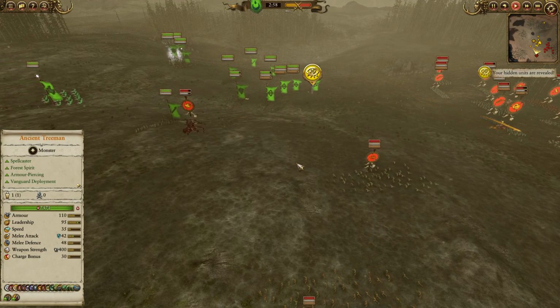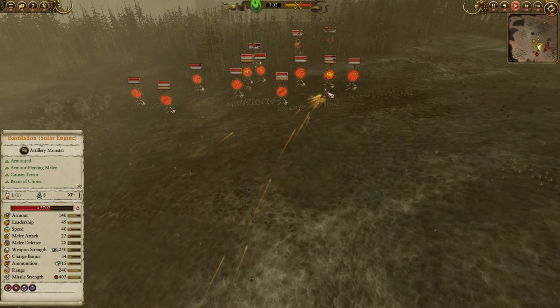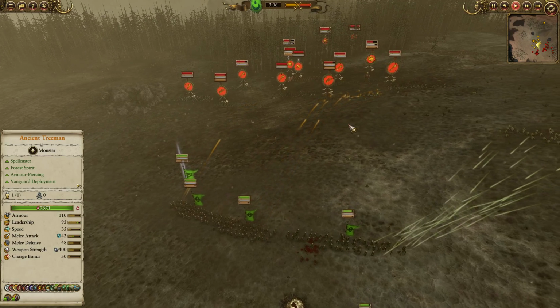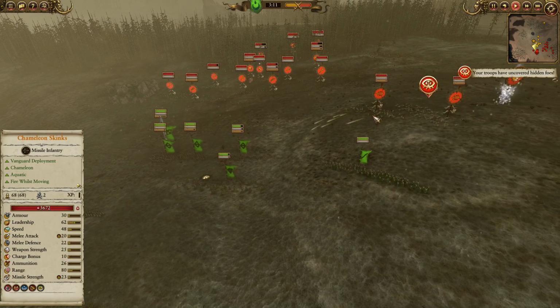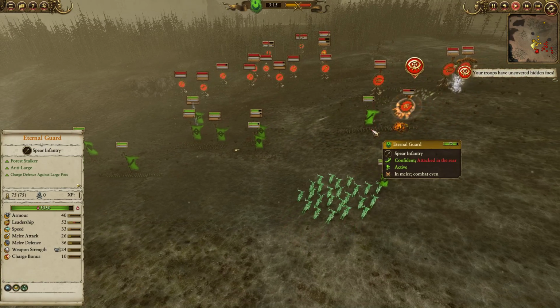Not bad play, but it definitely wants to get engaged as quickly as possible to make use of its summon time. The Glade Guard have been able to drive back the Solar Engine, and it looks like my opponent's had enough of this kind of early tit-for-tat skirmish phase, and he's going to start driving forward nice and aggressively. Chameleon Skinks open and shoot up onto the Glade Guard, which is really nice, and in comes the Manticore, swooping down on the flank of the Eternal Guard,